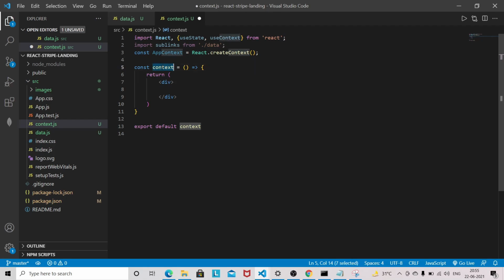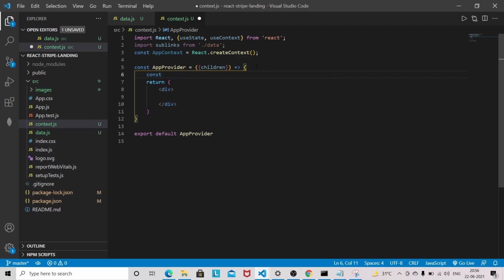So then I'm changing the name here, AppProvider, and I'm going to destructure the children, because we are going to provide all the helper methods, whatever we are going to create here, throughout the application.